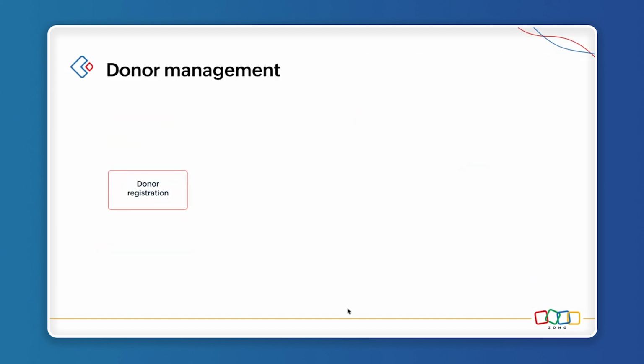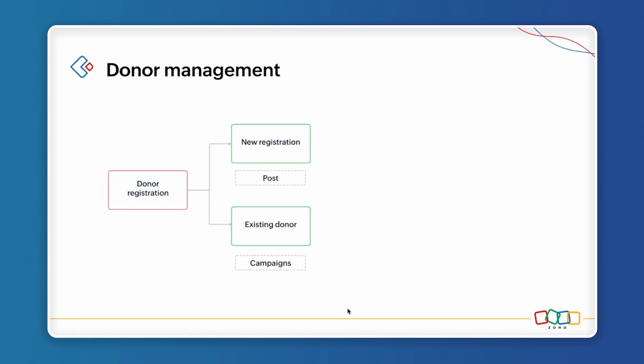And second is the donor management. So once the post is created, we will start to receive the donor registrations. Here we have separated the donor registrations into new registrations and existing donors. New registrations are the donors who are showing interest in this particular event, and existing donors are the people who showed interest in the previous event that we conducted in our organization. So once the registration is received,